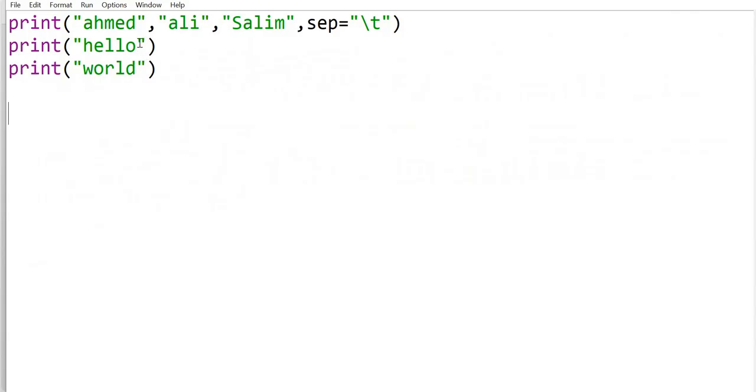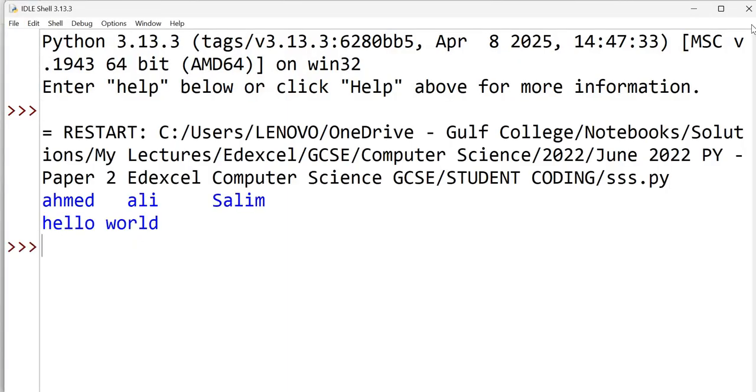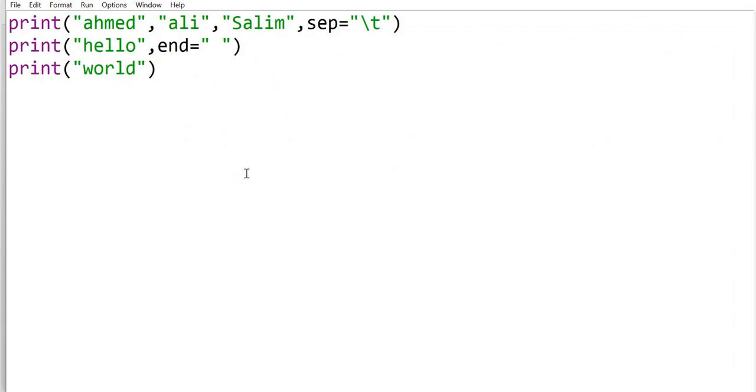What I will do is, at the end of this I will write end equal to, and you can give just a space only. Okay, this is the format of end. Hello, end. When you run this, it will show me hello world on the same line. Okay,